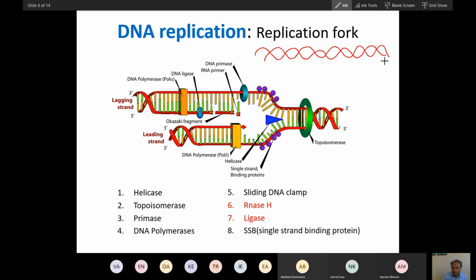What is this? DNA helix. Okay. Suppose there is an AT rich region here. What does helicase do? Helicase will break the bond. If helicase breaks the bond here, what will happen at the two ends? Won't there be supercoiling? If this is coiled, won't there be supercoiling? Yes, sir.